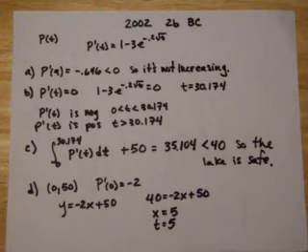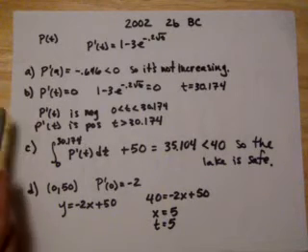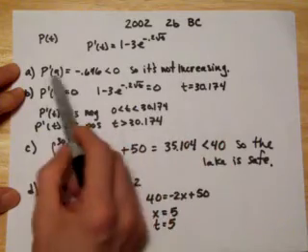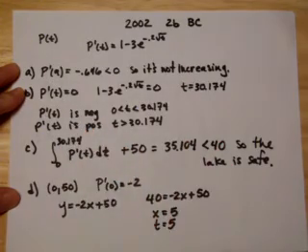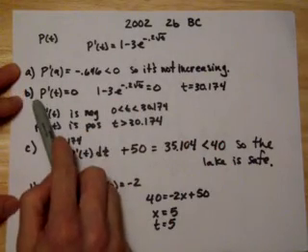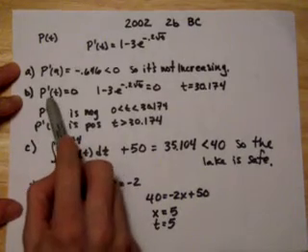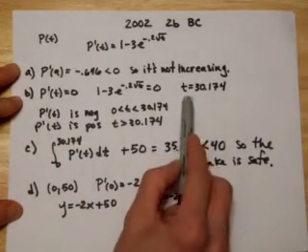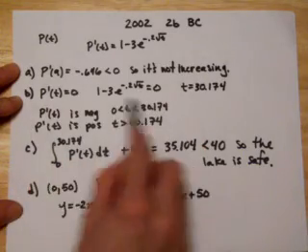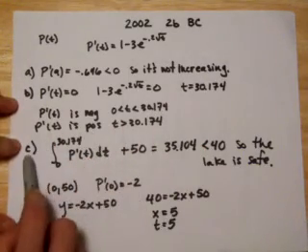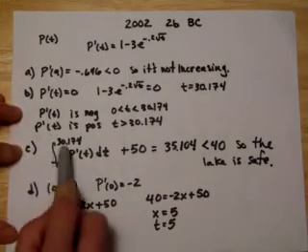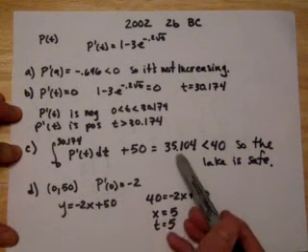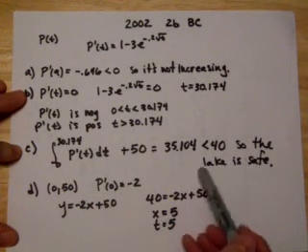Points for this problem. A is worth 1 point, an answer with a reason, showing that P prime of 9 is negative, which is less than 0. B is worth 3 points, 1 for setting P prime of t equal to 0, 1 for solving for t, and 1 for a justification here. C, 1 point for the integrand, 1 point for the limits of integration, and 1 point for a conclusion with a reason,